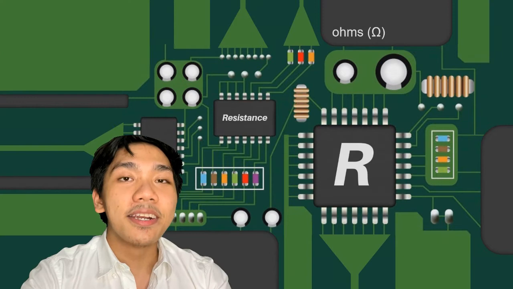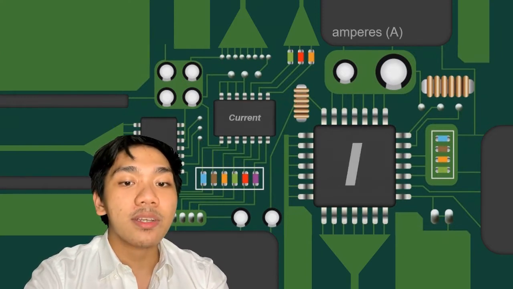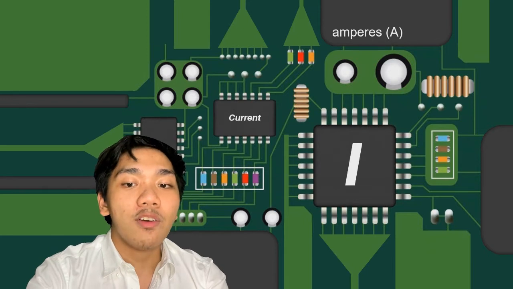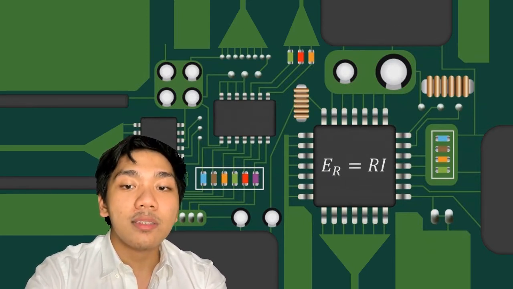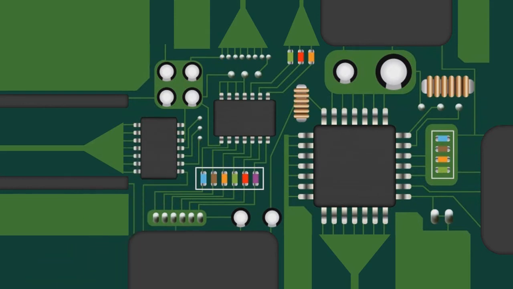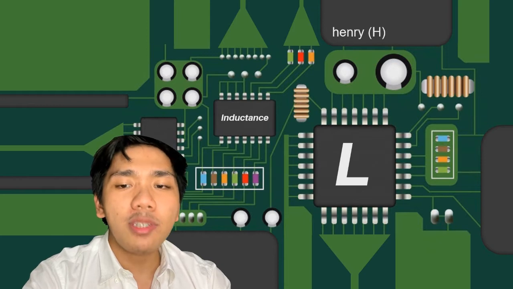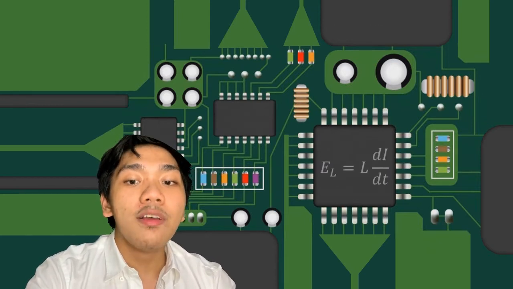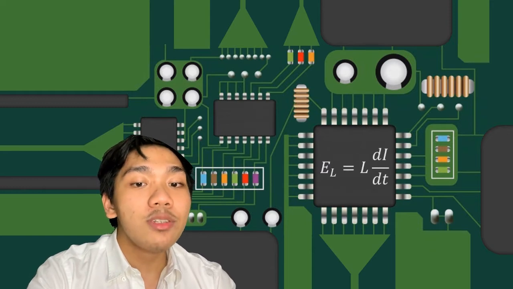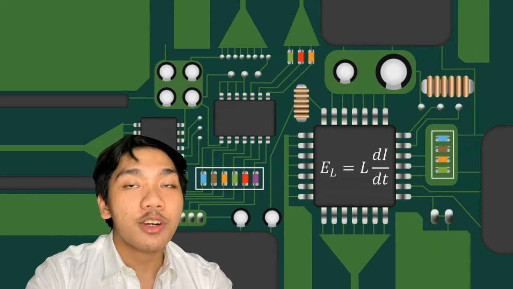The resistance R in ohms is a circuit parameter which opposes the current I in amperes, causing a voltage drop. The voltage drop with respect to resistance is equal to resistance times the current. The inductance L in Henry is a circuit parameter which opposes a change in the current I, causing a potential drop. The voltage drop with respect to inductance is equal to inductance times the derivative of the current with